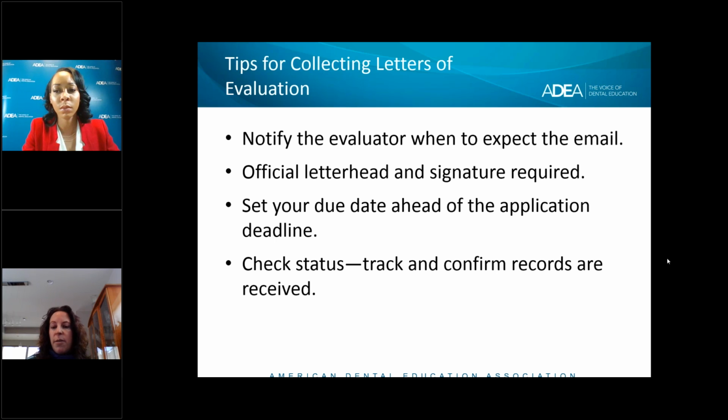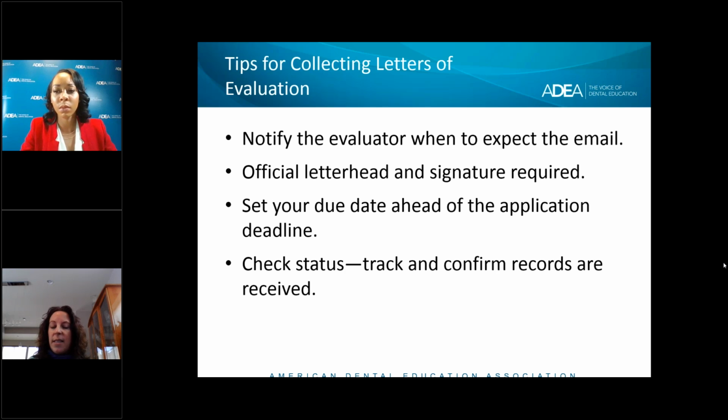Likewise, as far as your due date is concerned, you could be held responsible for getting your letters on time to the school. So at the University of Colorado, if we don't receive letters by this Friday, the application cycle that is the past application cycle, then we won't look at your application. So you want to make sure that you're setting a deadline with your recommender as early as possible so that they're fulfilling that requirement in a timely fashion.